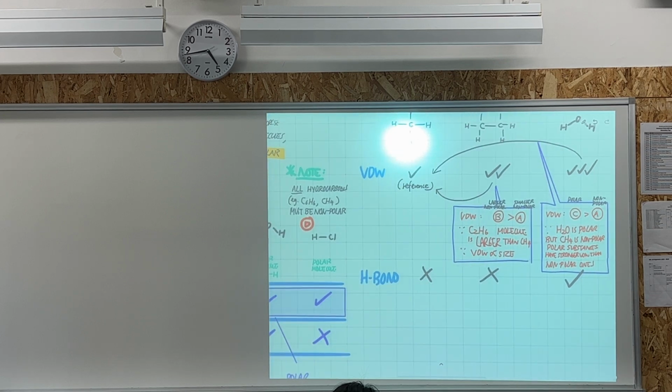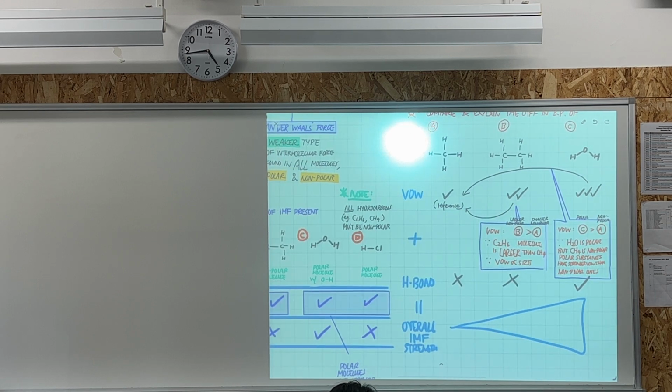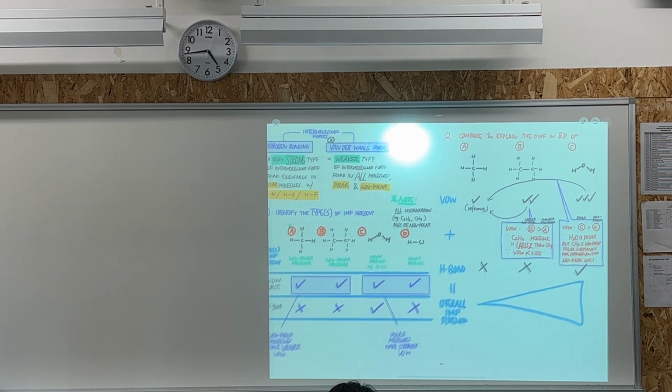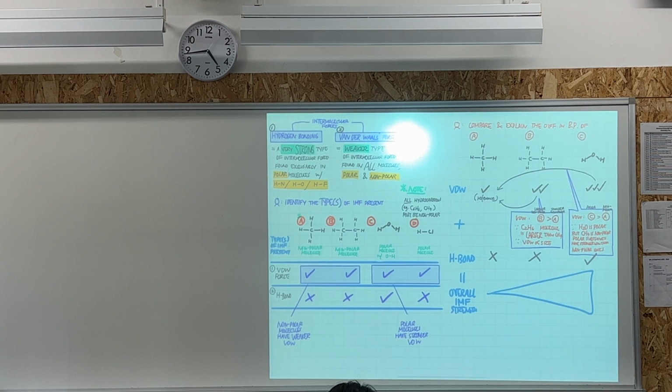So now you can add them up. Van der Waals force plus H bond equals overall IMF strength, overall intermolecular force strength. Can you see that when you add these two up, you can see a trend here? That H2O has stronger intermolecular force overall. So this is why the boiling point should be in the order of C